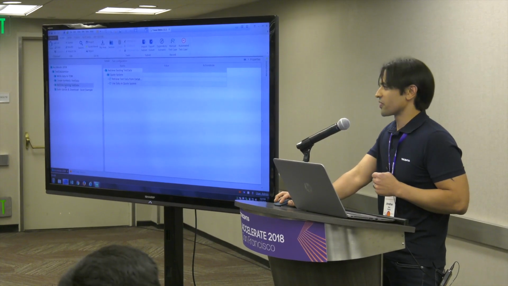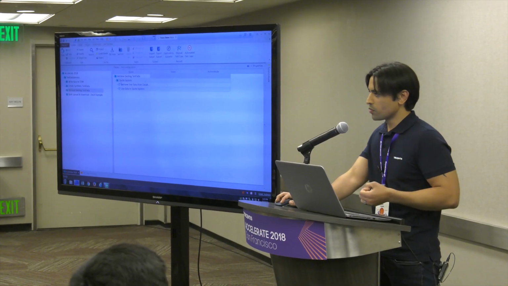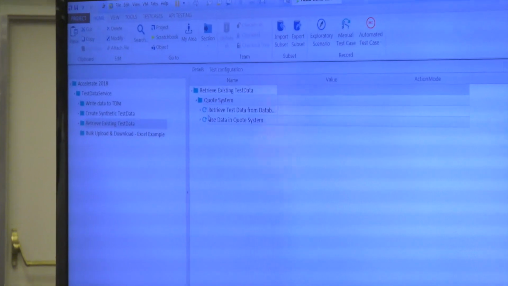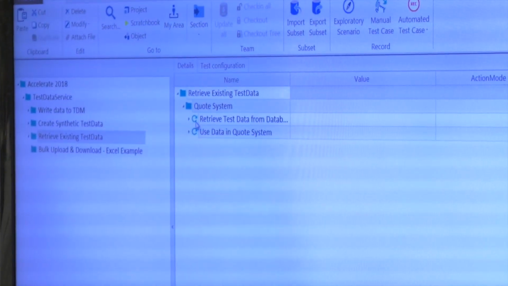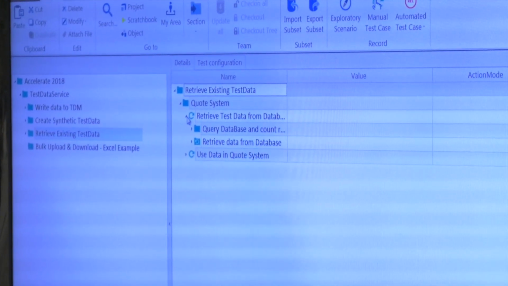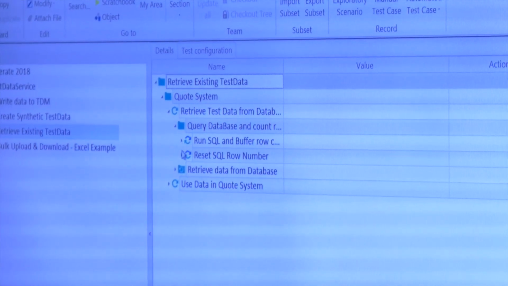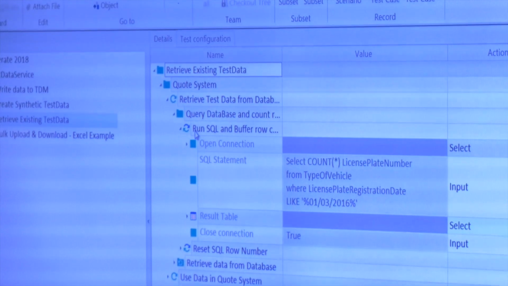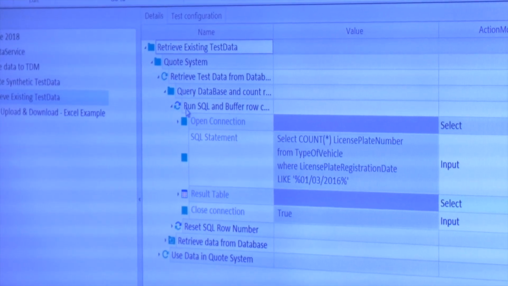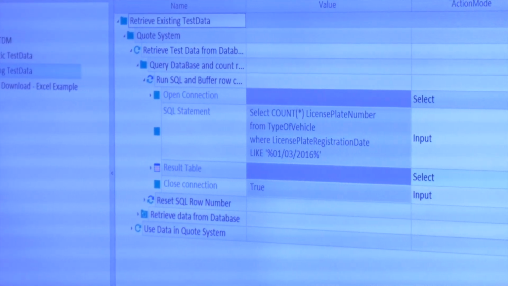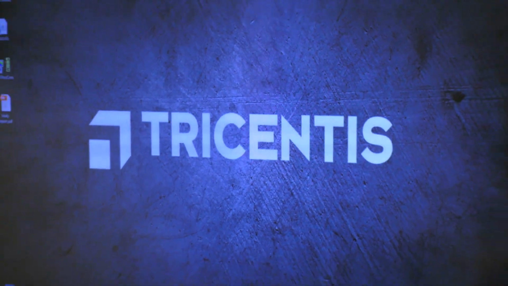The second last example to show you here is we said we can also work with production data once you've masked it, and that's also coming in Tosca. But my example here basically says if you already have production data that you've copied and masked in Tosca, we can run queries and we can pull that data back using our standard SQL automation in Tosca. Save it. So for example, in my example here, if I just minimize that, open up a database, let's say